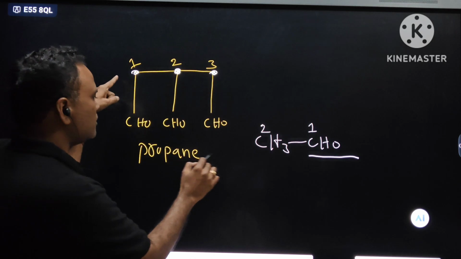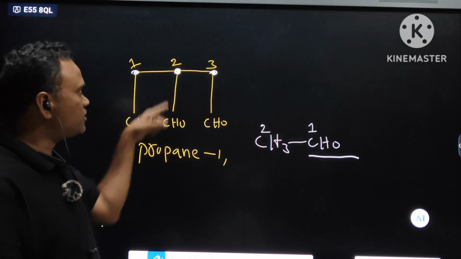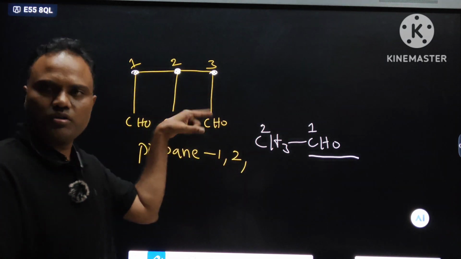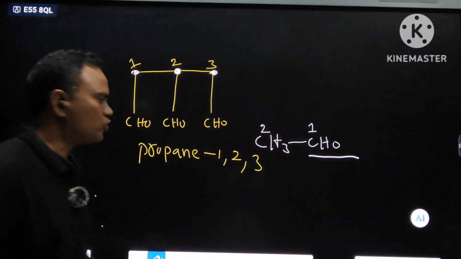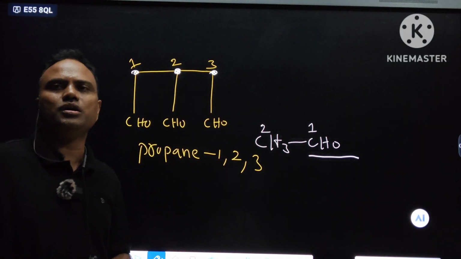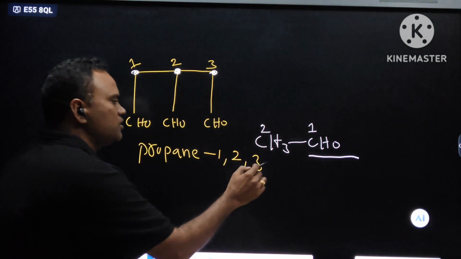At the first position aldehyde is there, at second also aldehyde is there, at third also aldehyde is there. So propane 1, 2, 3. In total how many aldehydes are there? 3. So try